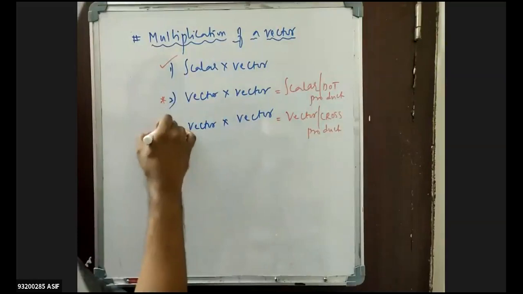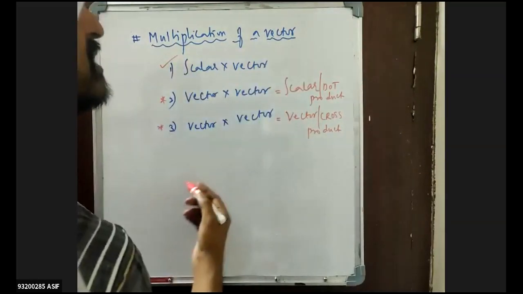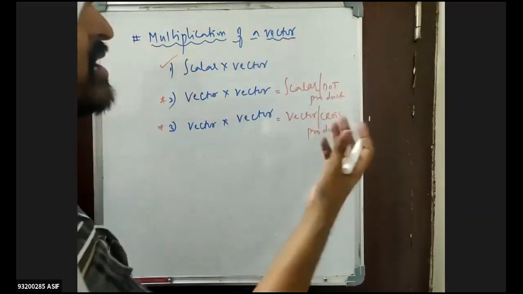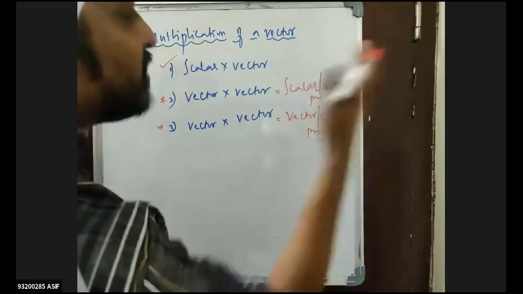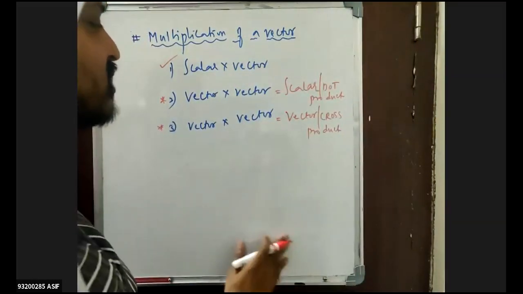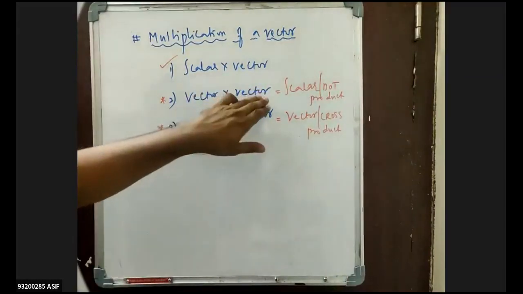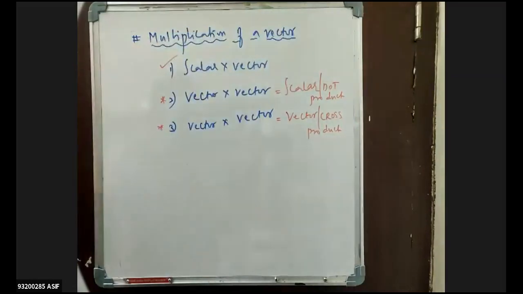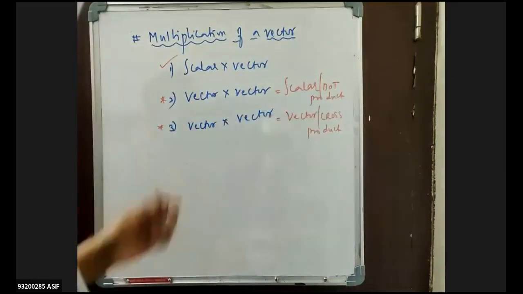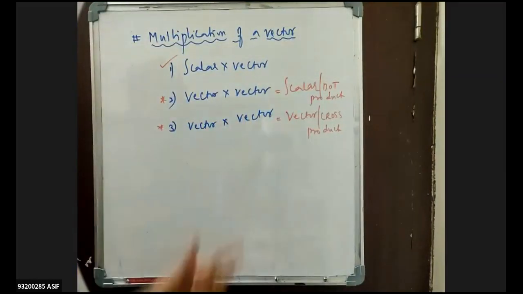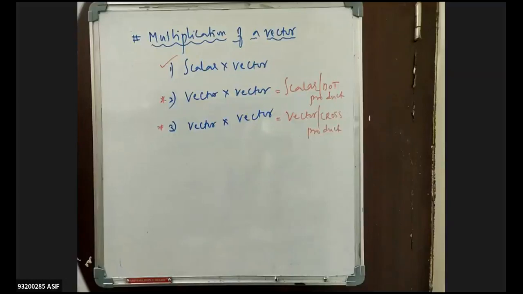The second and third ones we will do in detail, because the first one is general mathematics only. If I am multiplying any vector with a number, it will increase that many number of times. That is a basic condition you need to remember. The second one is very important for me. When a vector and a vector are multiplied, and if the product is a scalar, that is known as the dot product. And if the result is a vector, that is called the cross product, also called the vector product. I hope you're clear with this one.